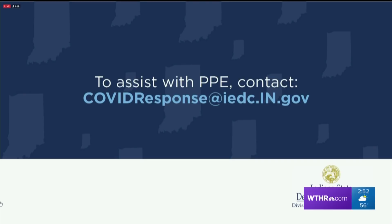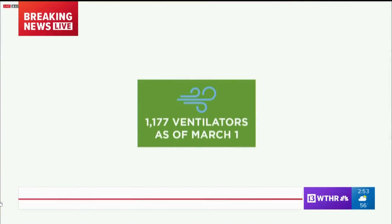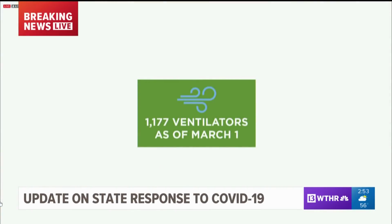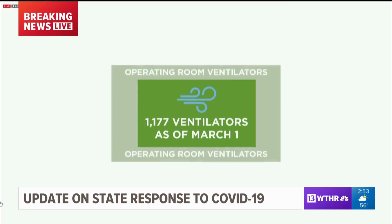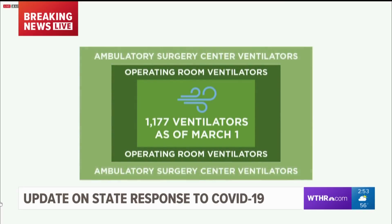While the vast majority of people who get COVID-19 disease experience only mild symptoms, some will need hospital care, and a portion of those will need a ventilator. As of March 1st, we identified a baseline number of 1,177 ventilators in Indiana. Hospitals have worked to increase that number by reallocating ventilators through additional resources such as operating rooms, ambulatory surgery centers, EMS and National Guard. And similar to bed capacity, our surge planning has focused on the goal of doubling the number of available ventilators